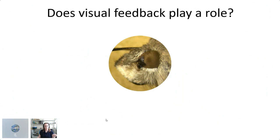And we could even go one step further and determine, they might use different mechanisms to actually move their proboscis along the flower patterns. And we wanted to know, do they actually need to see or get visual feedback for this behavior? Do they need to see where they place their proboscis and see kind of the flower patterns in their frontal visual field when they're interacting with these visual patterns? So is this really a visual behavior? And to do so,